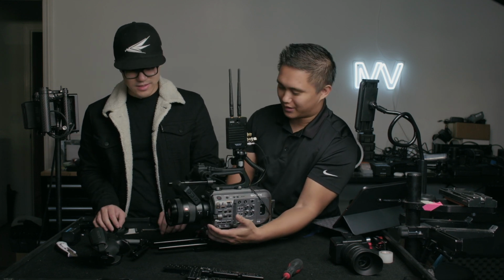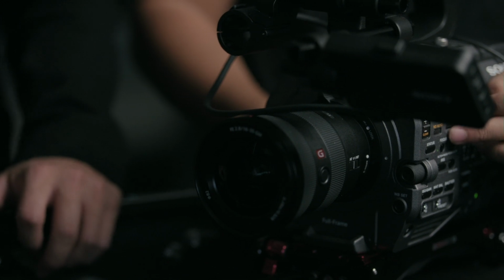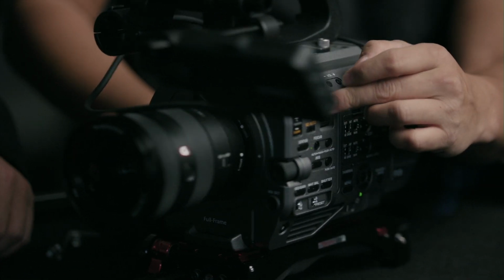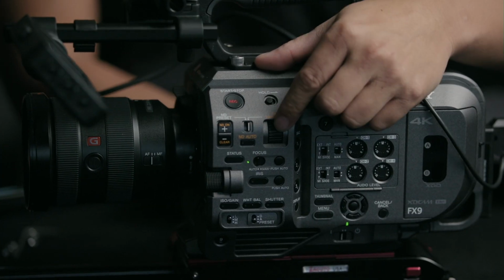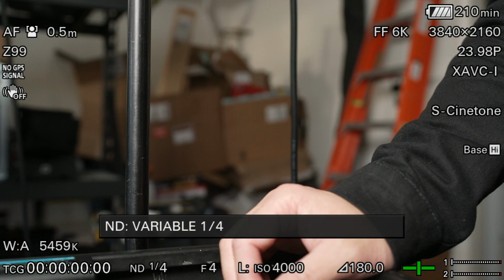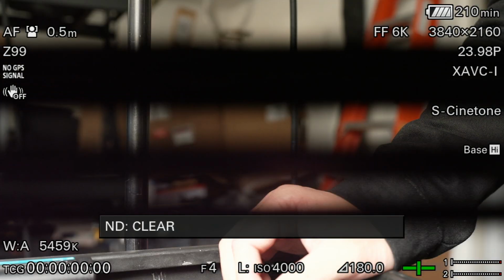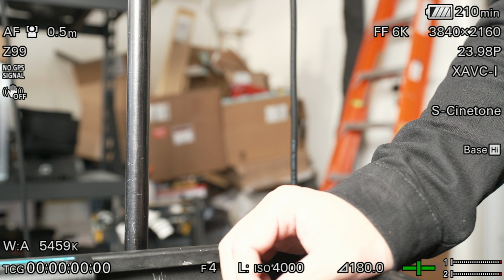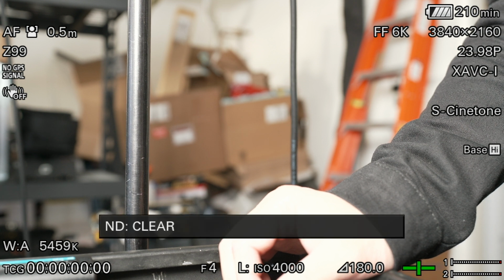So the cool thing about this variable ND is that you can go all the way to zero while you're on the variable setting. That is really cool. If I just keep going down, and if you want to go to the menu, if you keep going down far enough, it'll just go to clear, which is really cool. So variable ND can go to clear. And then if I come back up,